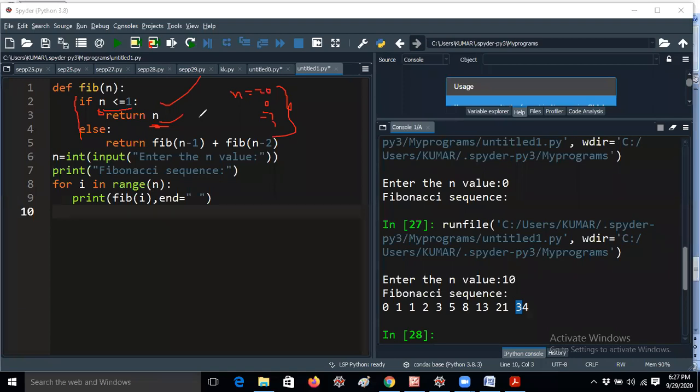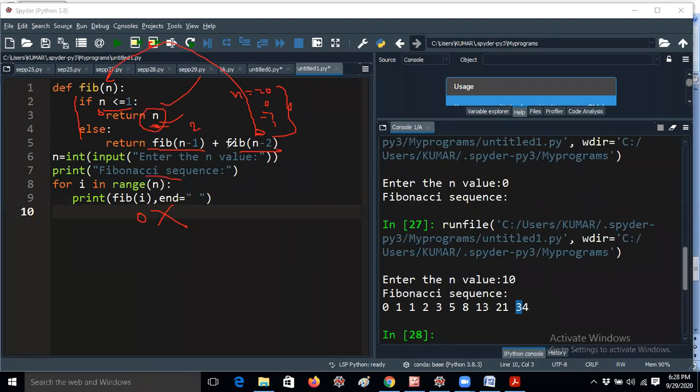Okay. I'm telling it in that way because here, the 0 case will not work. For example, if you give fib of 2 here, with 2 minus 1 and 2 minus 2, it will return 8. The calculation may reach fib of 0, and in that case n will be 0. So 0 less than or equal to 1 means return 0. In that way it really works.